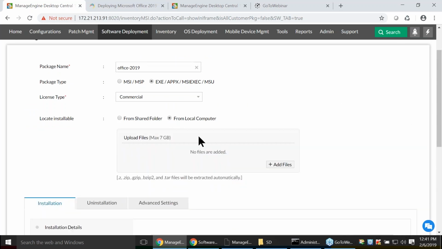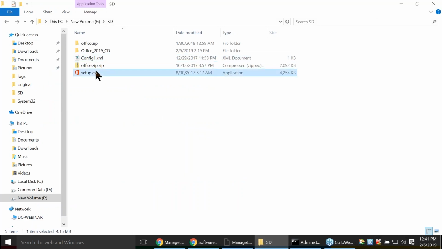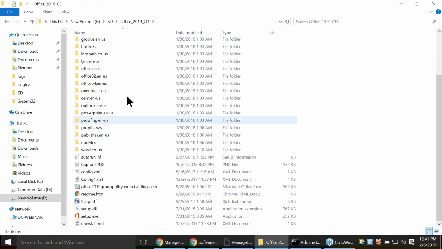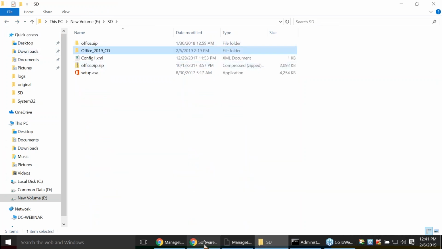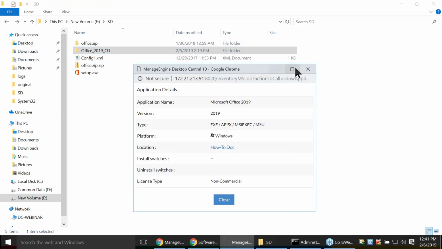Coming to the local computer, HTTP repository, if you want to use the HTTP repository, what you have to do is upload a file. As we discussed, we have the files available in two formats. It will be either these two, or it will be the CD. The whole installables will be on a particular CD. So to upload it over here,